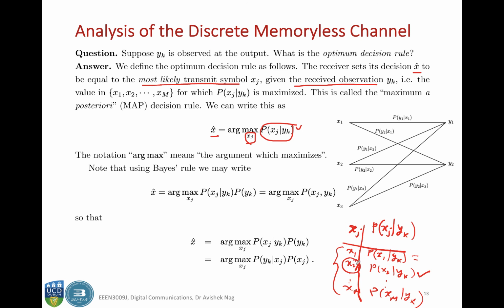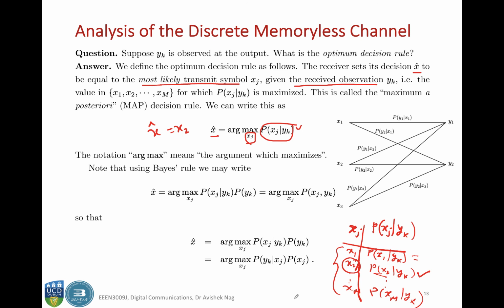So if you see that x2 maximizes this value, then your optimum decision rule will be x hat equal to x2, because x2 maximizes this a posteriori probability of xj given yk, okay. So whenever you observe yk, you can make a guess that x2 was transmitted,